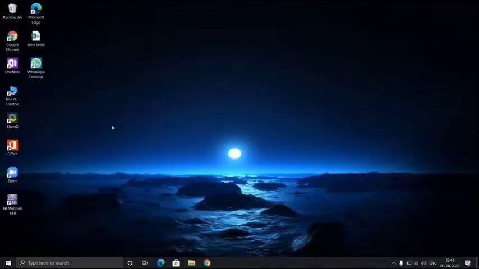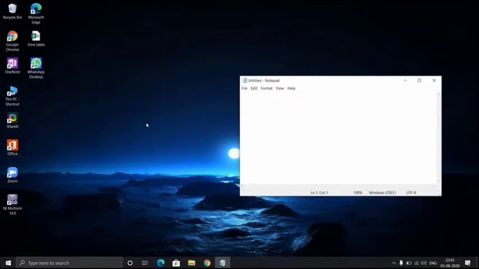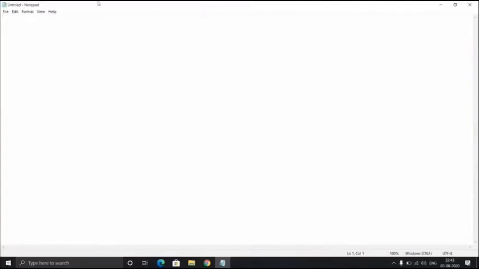I'm going to write this program in Notepad and I will compile it through the command prompt. Okay, I'm gonna start the program. I'm including the standard IO header file